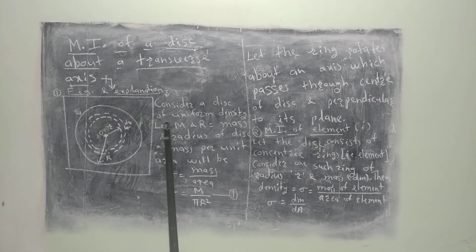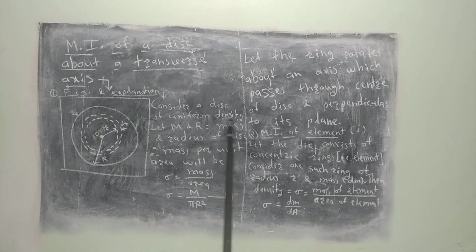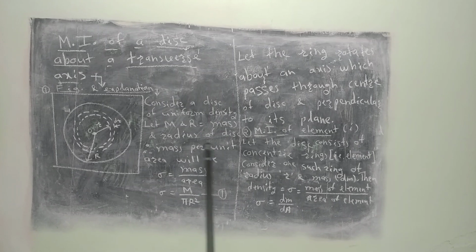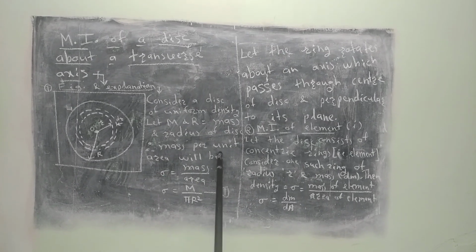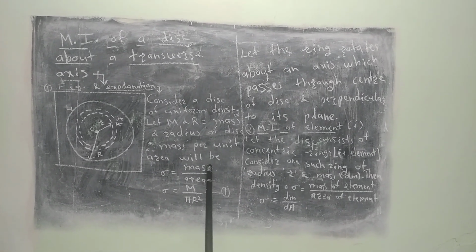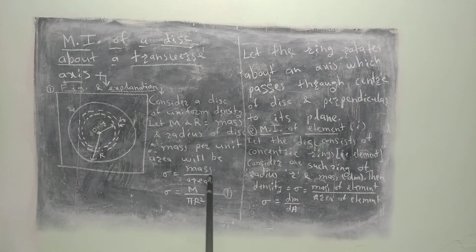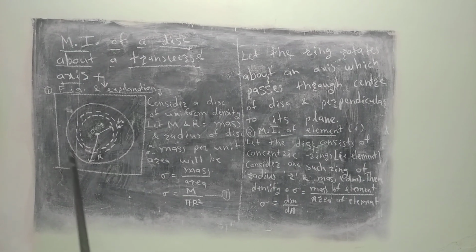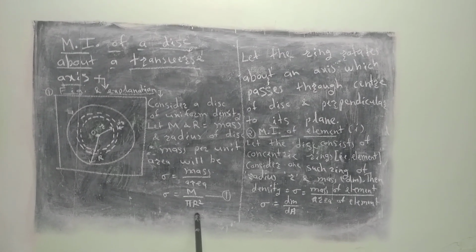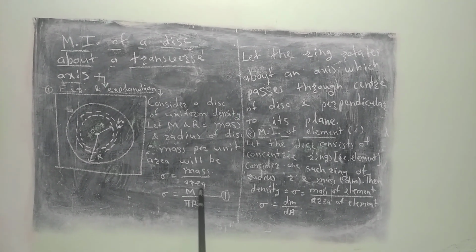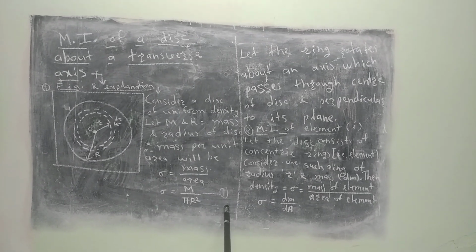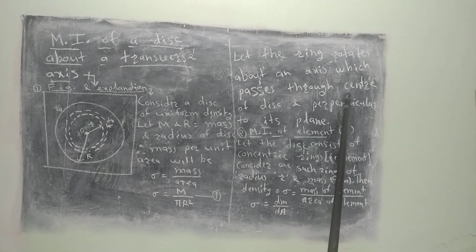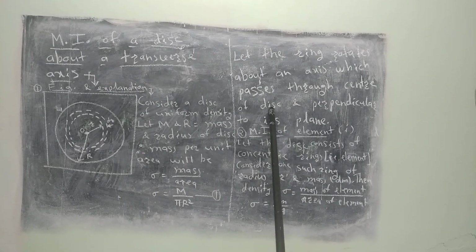So consider a disk of uniform density. Let capital M and capital R be the mass and radius of the disk. Therefore, mass per unit area, that means density, is equal to mass upon area. In this case, mass is capital M and area of this circle is pi R square. Standard formula. So rho is equal to M upon pi R square. Equation number 1. Let the disk rotate about an axis which passes through the center of the disk and is perpendicular